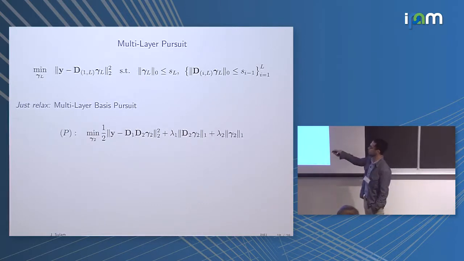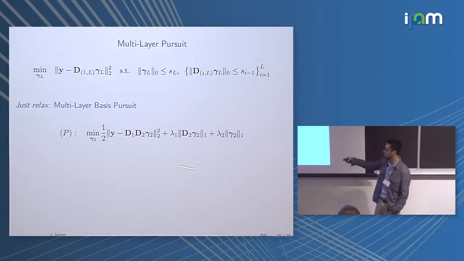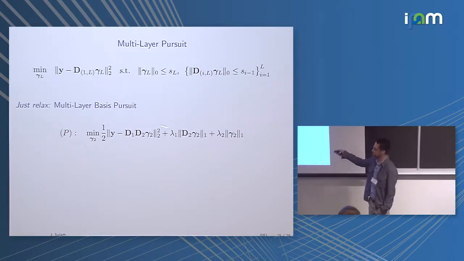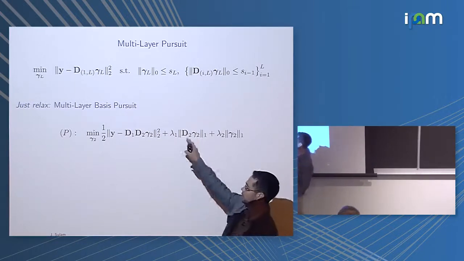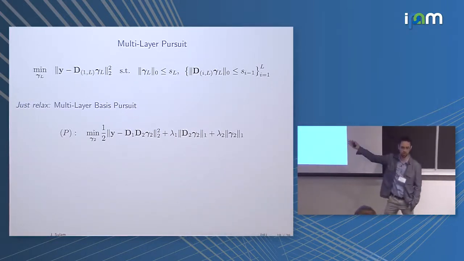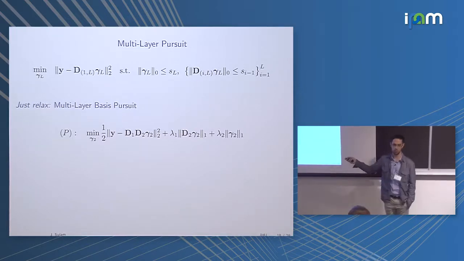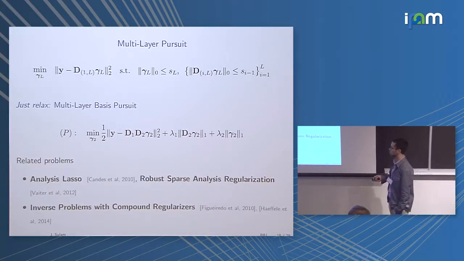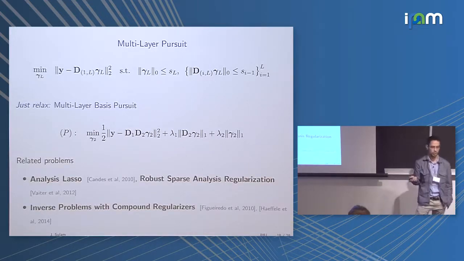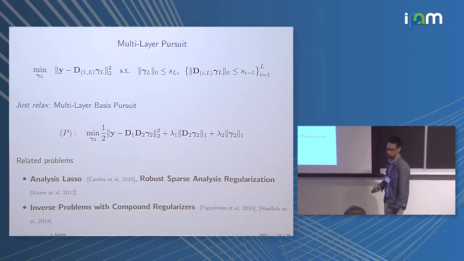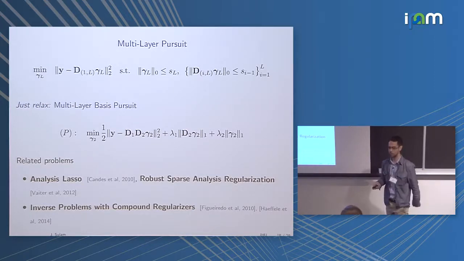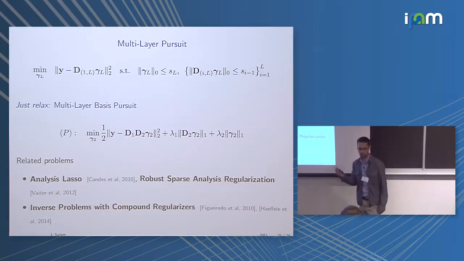And let's just look at a 2-layer model to be precise. Okay, so this is the problem that we are interested in minimizing. And again, this is a multi-layer basis pursuit, basically because if this wasn't here, then this would be just a lasso, a basis pursuit problem. But now this has an extra level of complexity because of this non-smooth term. And if you're familiar, by the way, with the analysis lasso or robust sparse analysis regression, this is very much related to some of those other works. But a particularity of this formulation is this coupling between both synthesis and analysis operators. So that's what we are going to try to leverage to come up with efficient solvers.